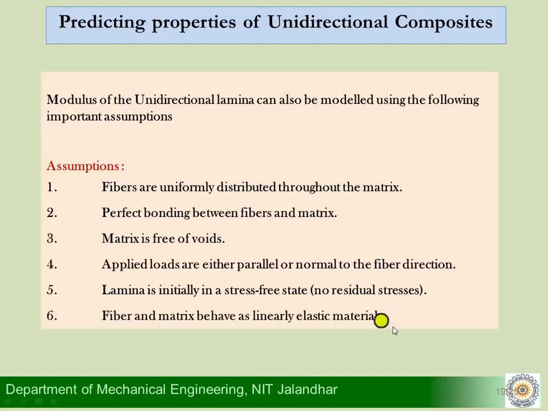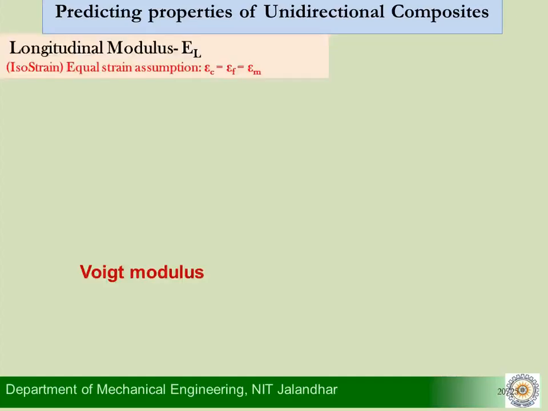Then the other assumption which we intend to use is a simple one. We say that both the fiber and the matrix behave like linear elastic materials. That is why Hooke's law is valid, and we are actually talking only about the elastic limit. So whatever deformations are happening, the strains which are produced are within the elastic limit. Okay. Now,